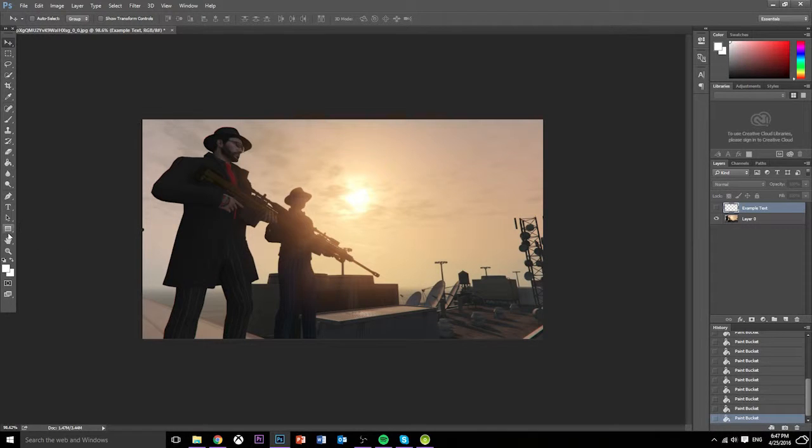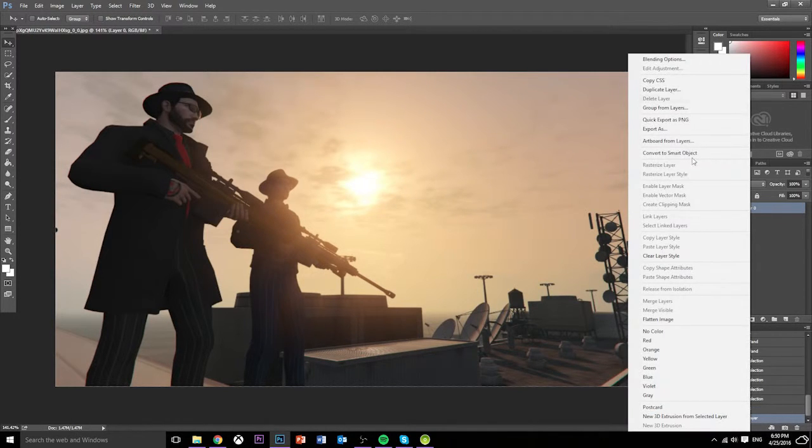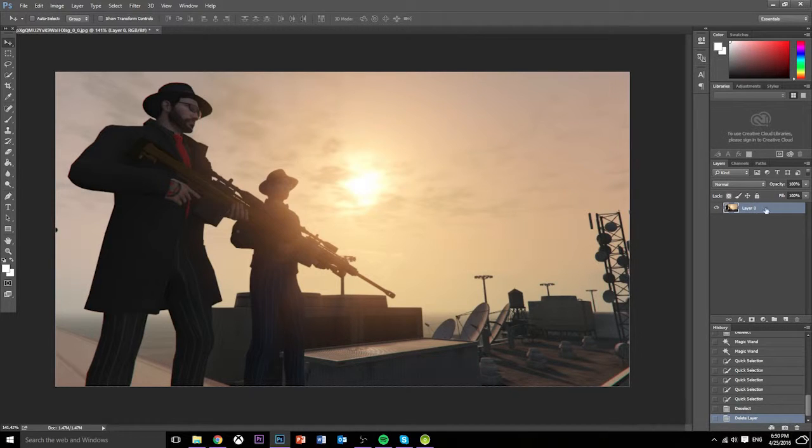Let's just hide that layer. So for this one you're going to be wanting the black and white effect. Now it's not important, not vital, but it's just something I thought I'd add. Let's delete that layer because it's not needed. So what you want to do is get this one layer here,